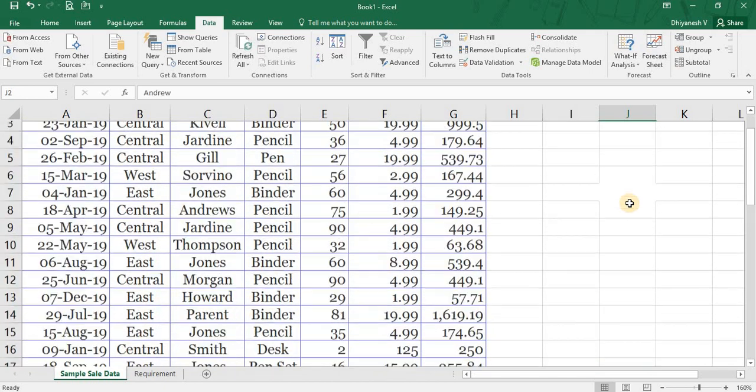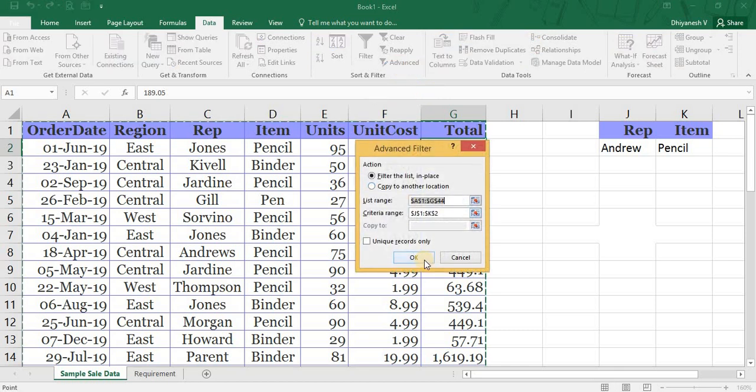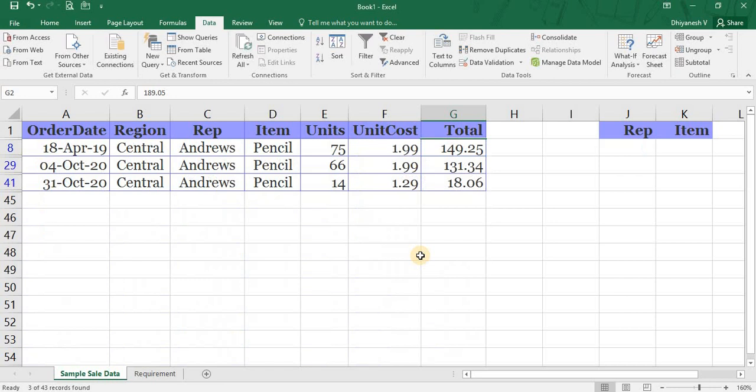So if I give Andrew alone, or just the first letters, and use the advanced filter option to filter his transactions, with the ranges already selected, it will come because it starts with Andrew.